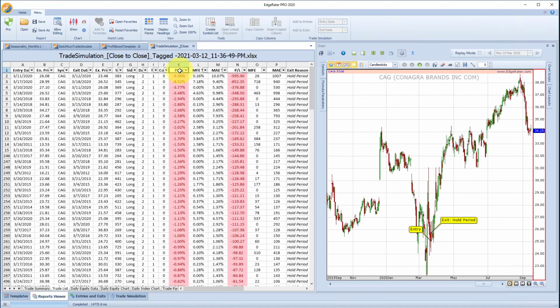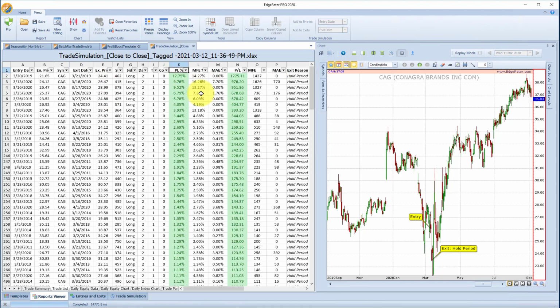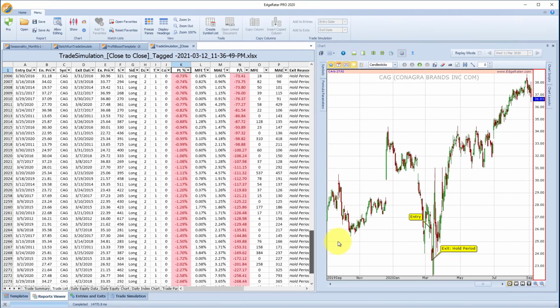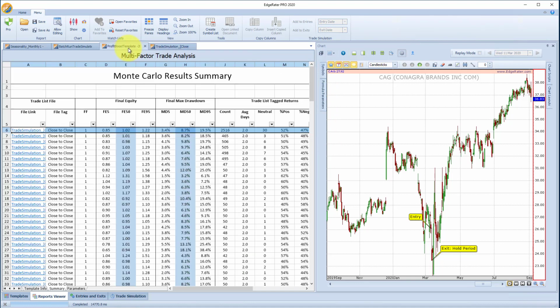You can reverse sort, and then you can find the days that had the worst drops as well. And a lot of those happen to be in the same years, just indicates extreme volatility in the Marches of those years. And you can get a quick idea from here as to the number of positive trades, the size of the returns, and the number of negative trades and the size of the returns. So it's always a good idea to come in here and take a look. But the template itself